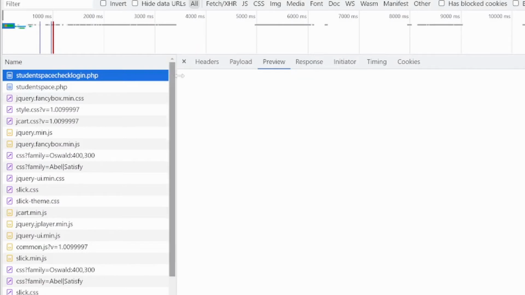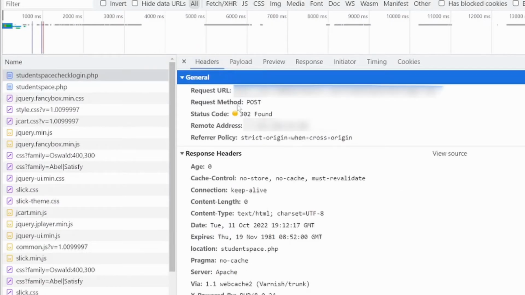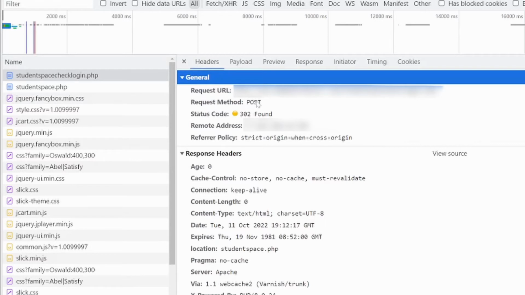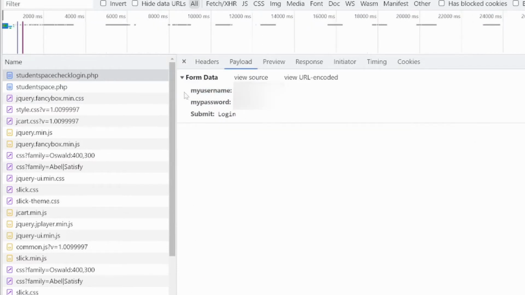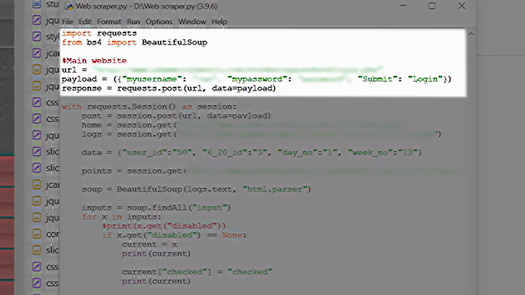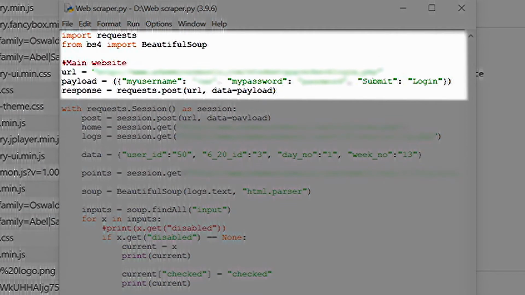As you can see, the first one here, if I go into the headers, this request method was a POST method for this URL here. This is the payload. So these are my credentials that I've used to log in. I use the library called requests to make a POST request to the URL that is specified here in the header. And then using credentials, I was able to send a POST request to this URL using this payload here,